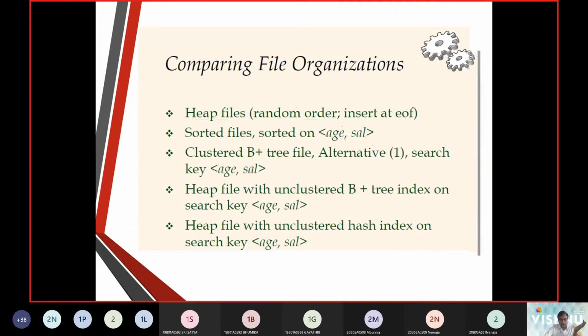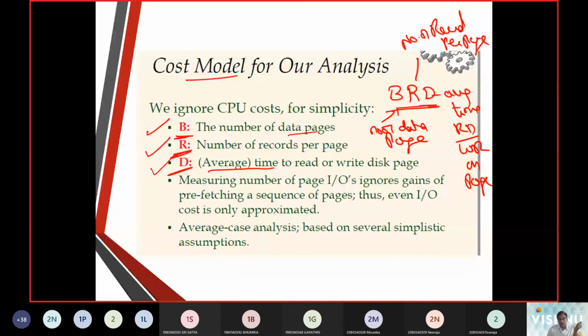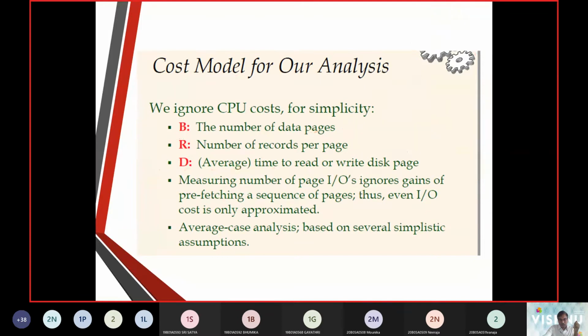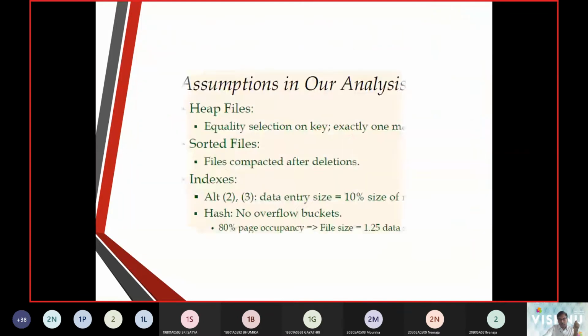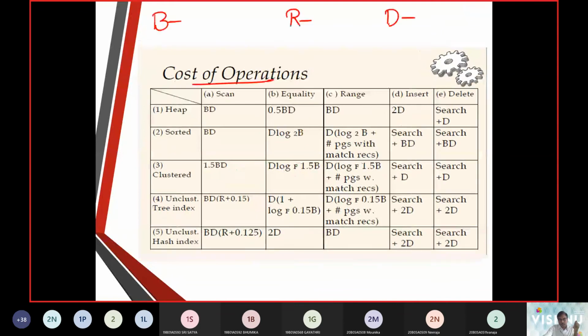I will just recap the 3 important terms. So B is the number of data pages, R is the number of records per page, D is the average time to make a read or write operation. I will write here for convenience again.